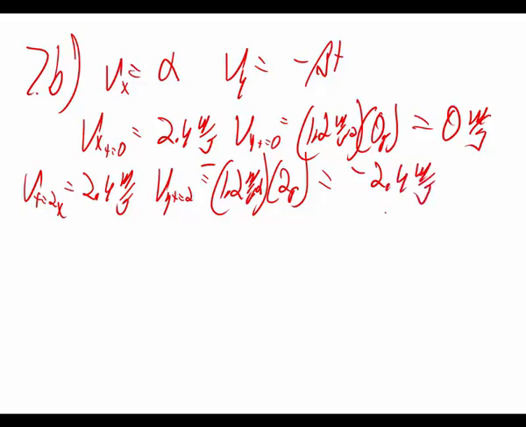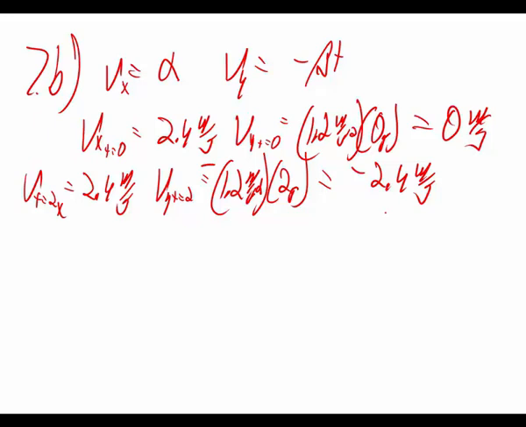Right? Is that correct? Did I do that right? I better have. Yeah, velocity is 2.4. Negative, yeah. All right, now,